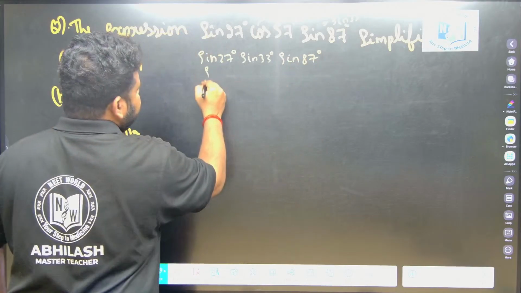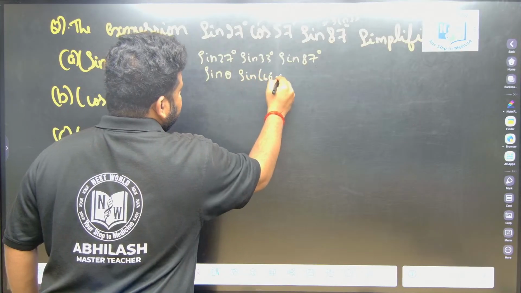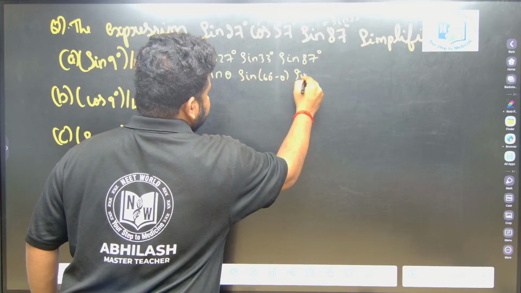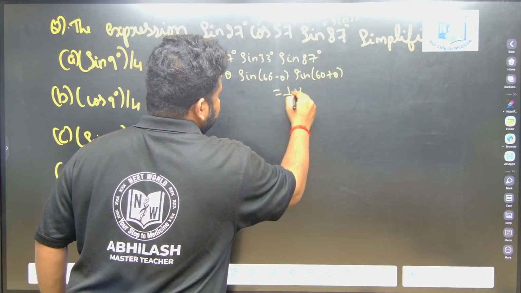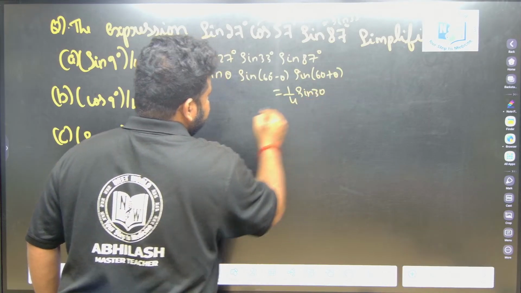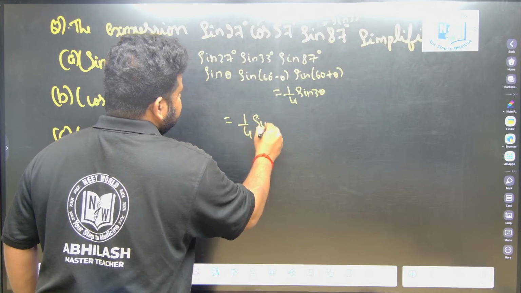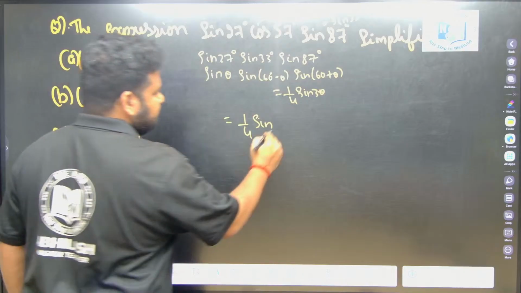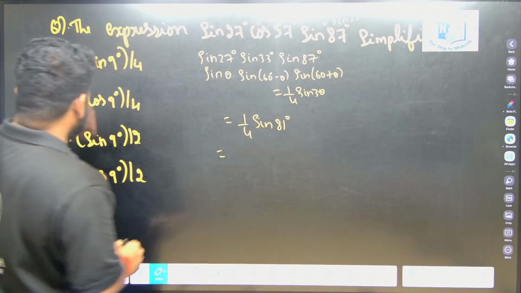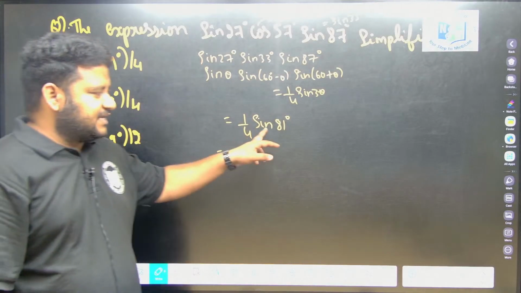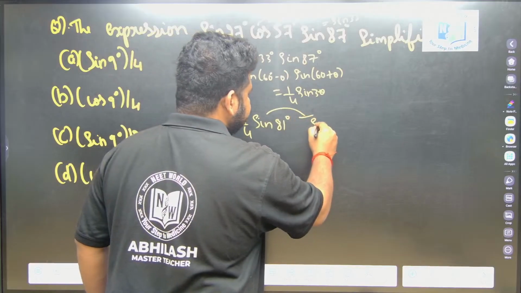So sin theta, sin 60 minus theta, sin 60 plus theta is nothing but 1 by 4 sin 3 theta. So here it will be 1 by 4 sin 3 into 27. Sin 3 into 27 is sin 81 degree. Sin 81 degree is not in the options. That means for this I have to take the complementary angle. Sin 81 degree can be written as